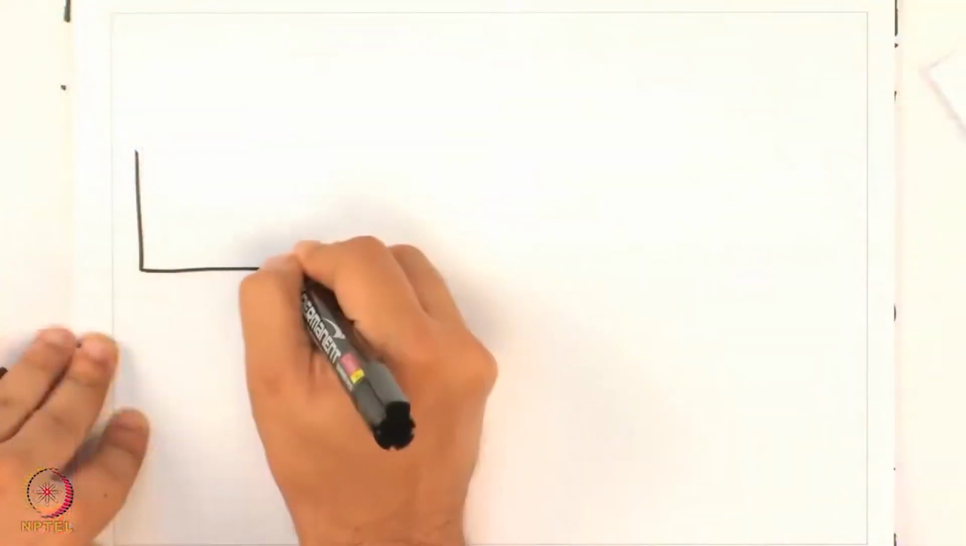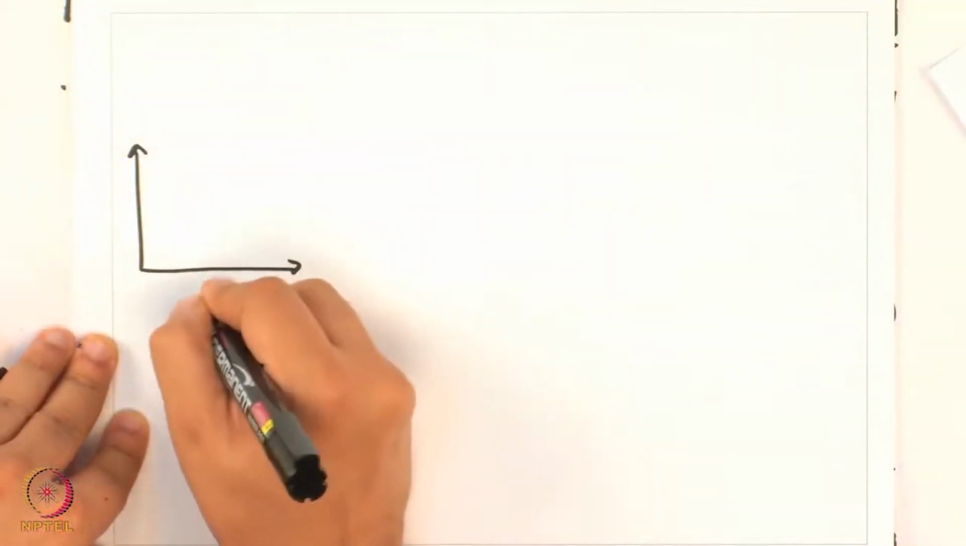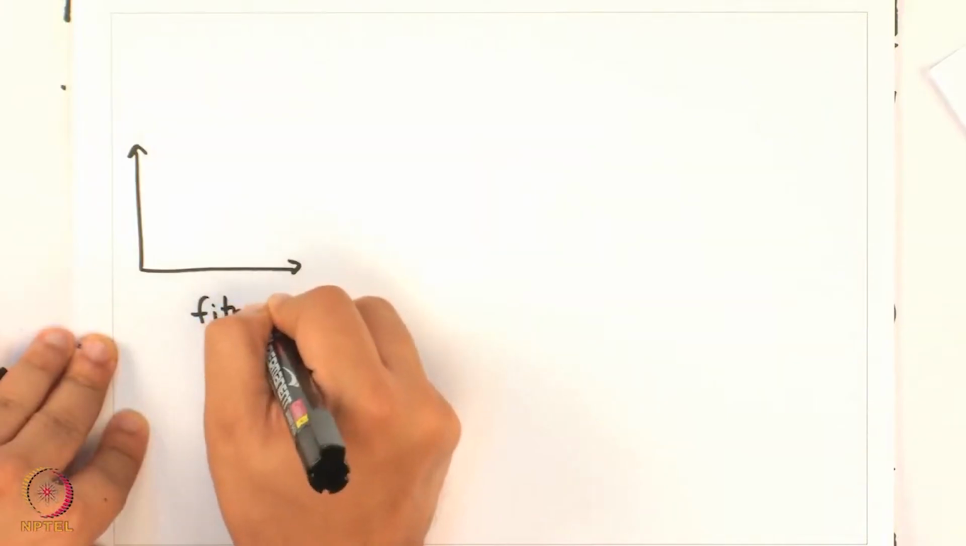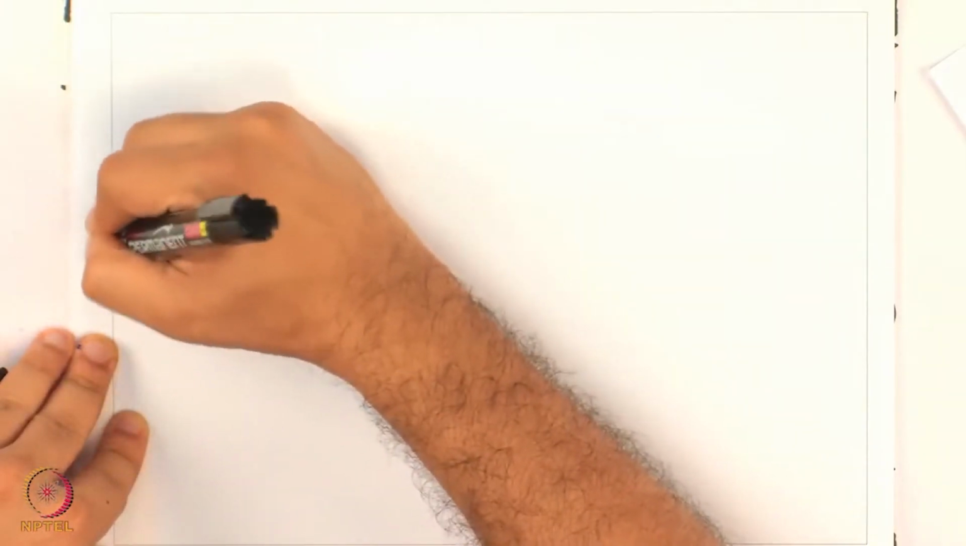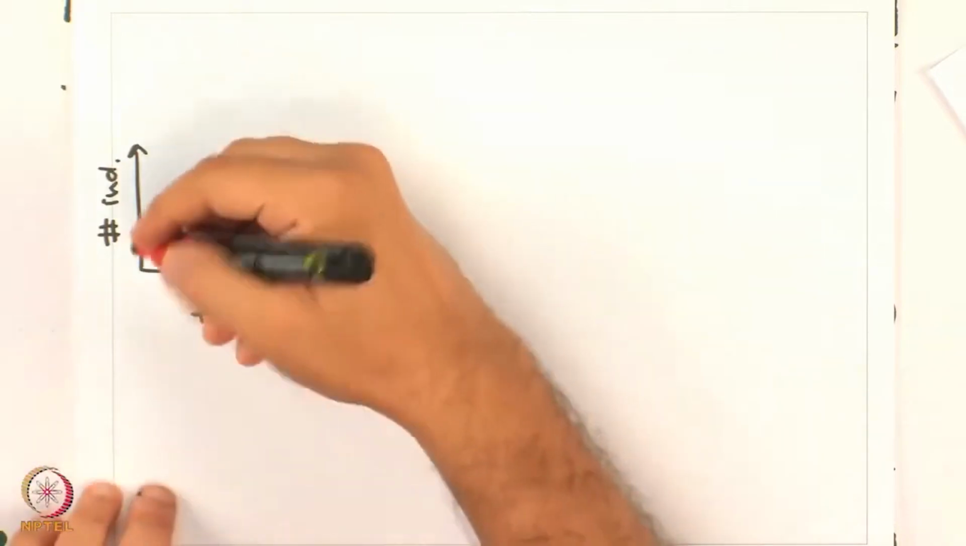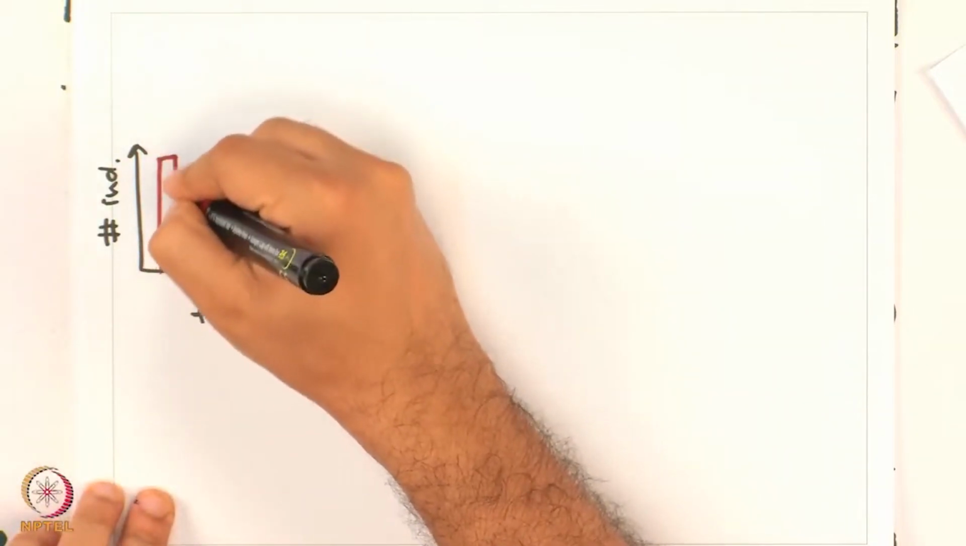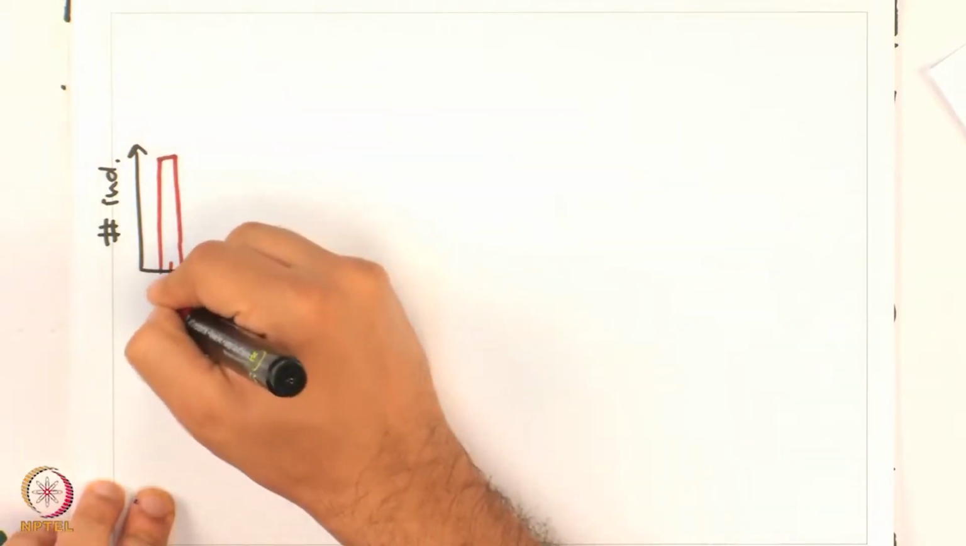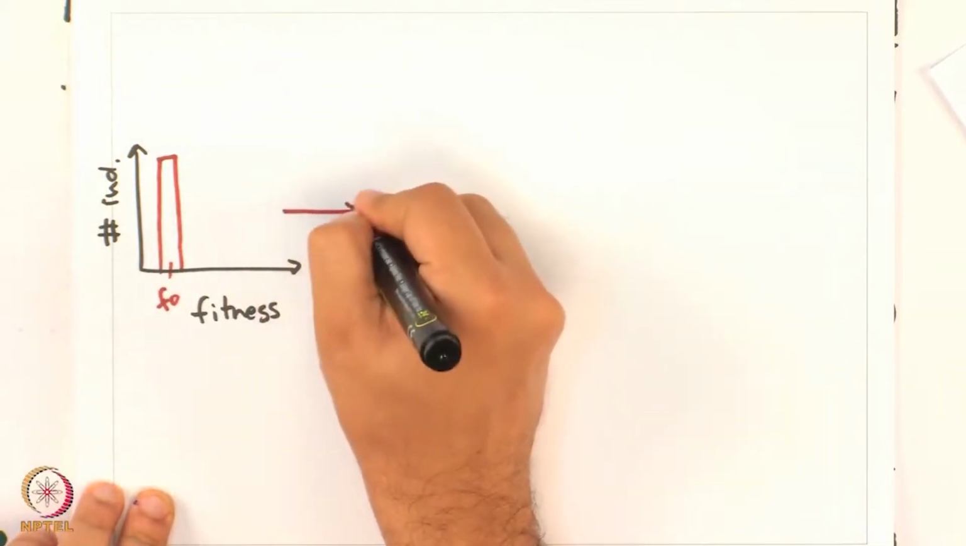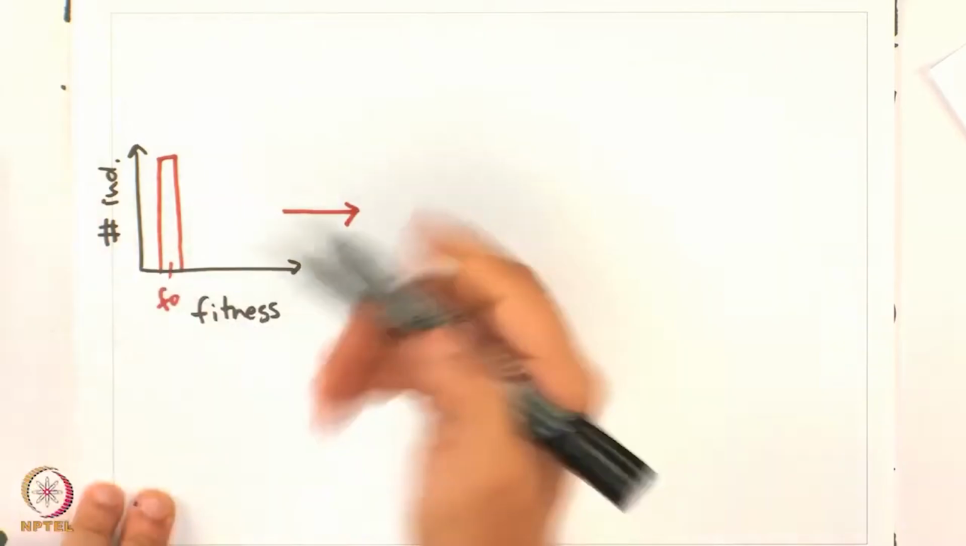Let me draw that smaller. This is fitness, this is number of individuals, and at t equal to t naught, we saw that everyone in the population is at fitness F naught. Now, as I move forward in time at t equal to t1,